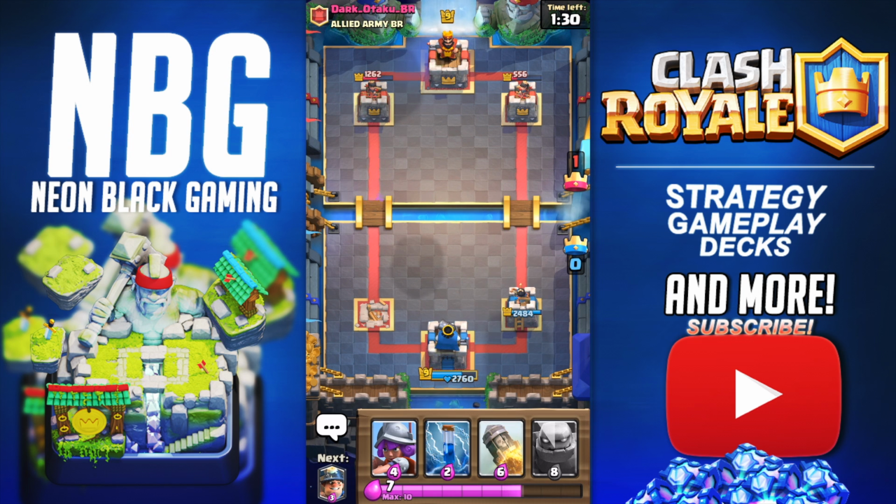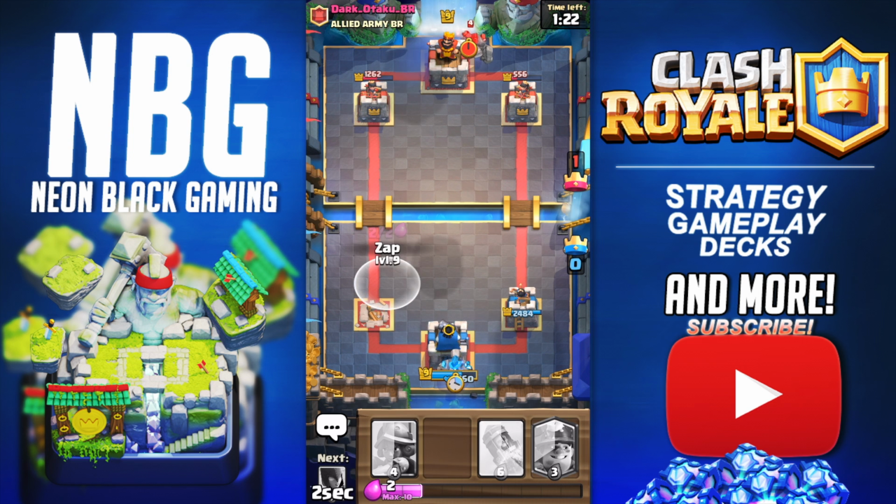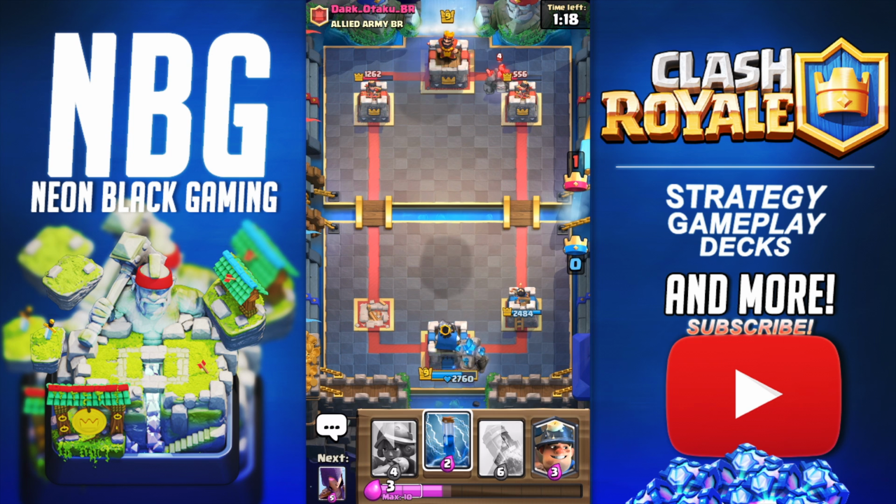So we are actually in the lead in overall damage, but we are definitely going to have to go for the 3 crown. Because he's gonna, okay, never mind, I thought he was gonna drop the Golem where the Zap is right now, but luckily he did not, which gives us the opportunity to defend and bring up a counter push to be able to end him and hopefully get this win, third and final battle of the